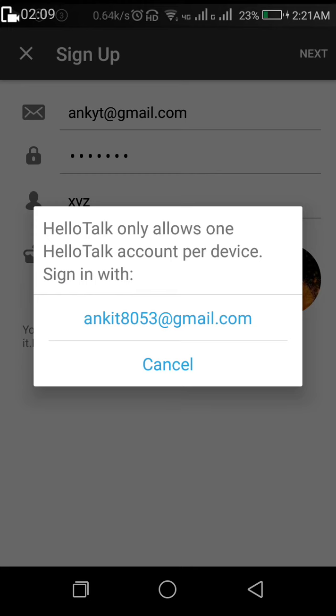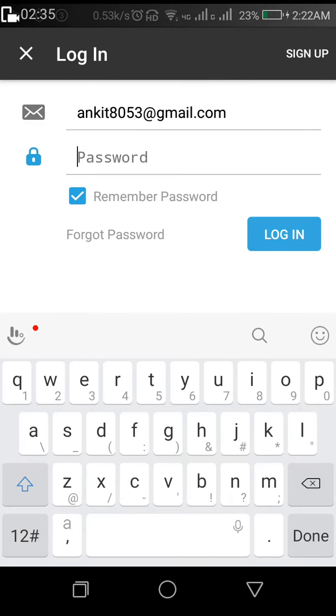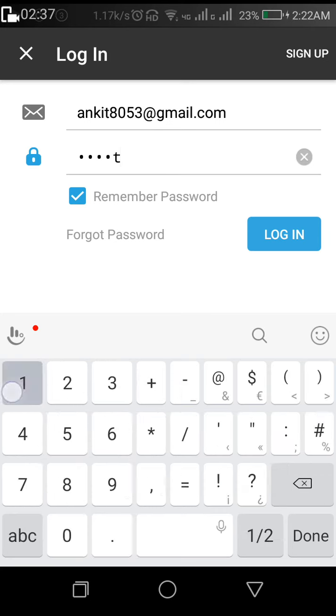So I cannot create an account, but it will redirect you to another page, and there you need to select your native language, and the language you want to learn, and then the level of the language, and that's it. Other things I will tell you in my account. Let's go here and fill the password, login.